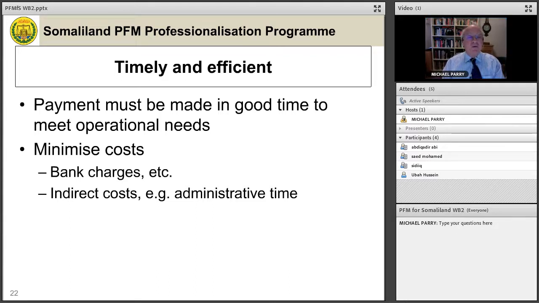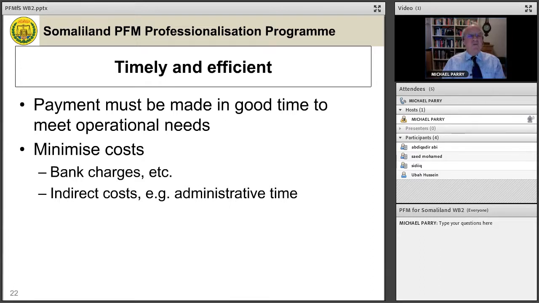Again, if I go to Nepal, which is a country I've worked in, they have a problem there of the monsoon and very heavy rains. And there's a problem with road building because you can only build roads in the dry season. You can't build roads in the wet season. And very often the money is not available in time for the roads to be built during the dry season. And then the people are trying to build roads in the wet season, and it really is impossible.